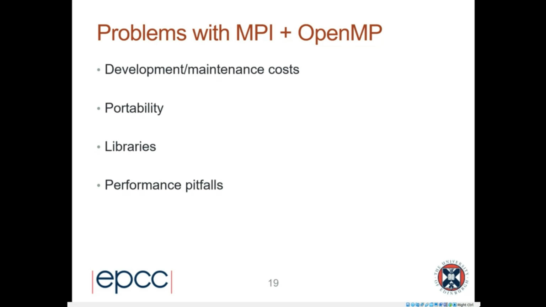But you have to remember that on ARCHER2 we have a fixed number of network connections per node. And so if you have every CPU core running MPI, then you have 128 CPU cores sending data on and off the node,